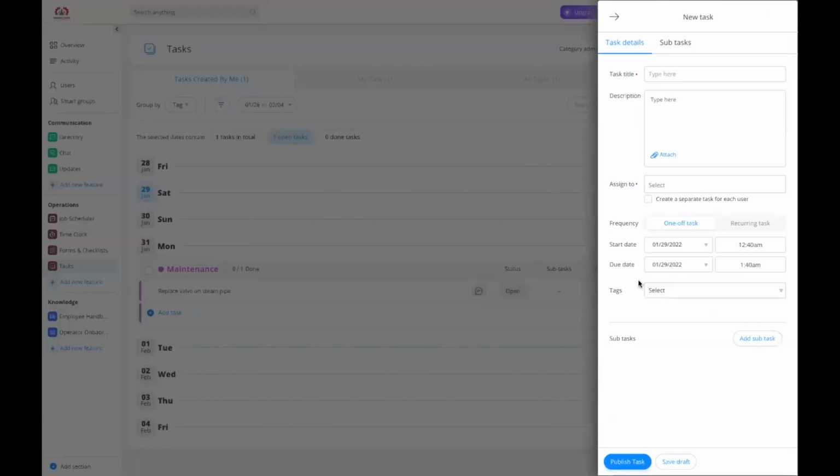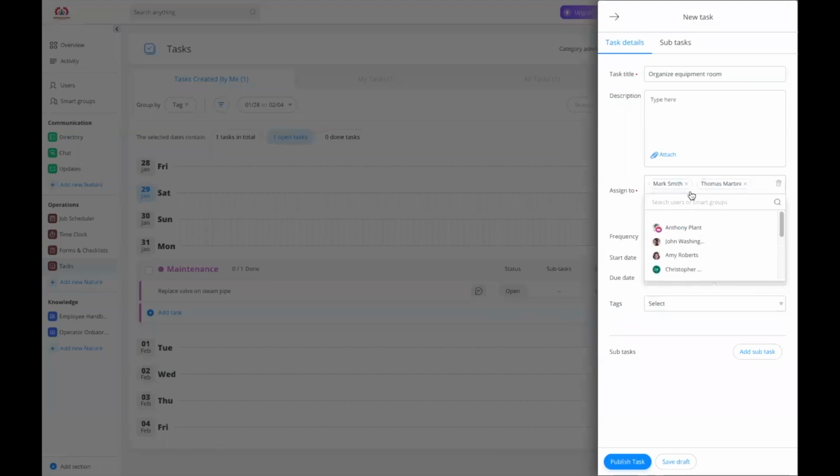Now, when creating a new task, you can fill in all the information for your worker to view, so they can easily know exactly what they need to do. Beginning with a task title, and I'll go with a quick example of organizing the equipment room. Now, this can also be used for rearranging the inventory or any other task that you see relevant, giving it a quick description, adding your notes, assigning it to the relevant worker or group of workers if it's a team task,